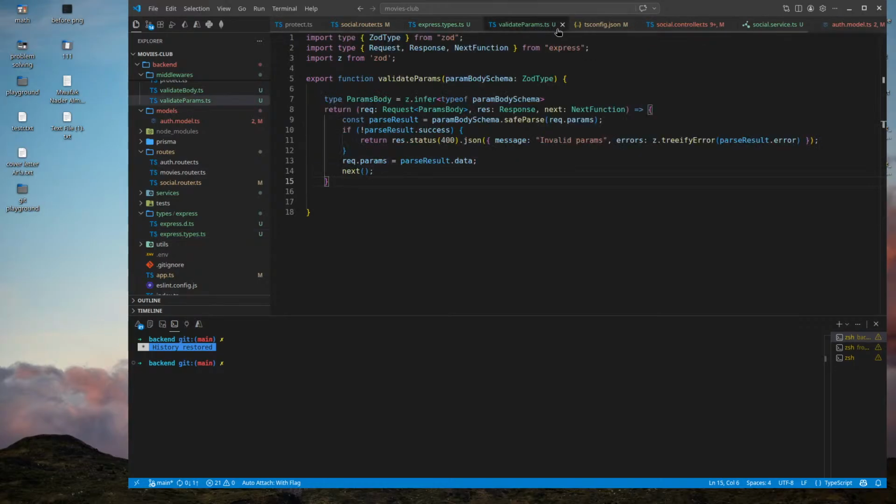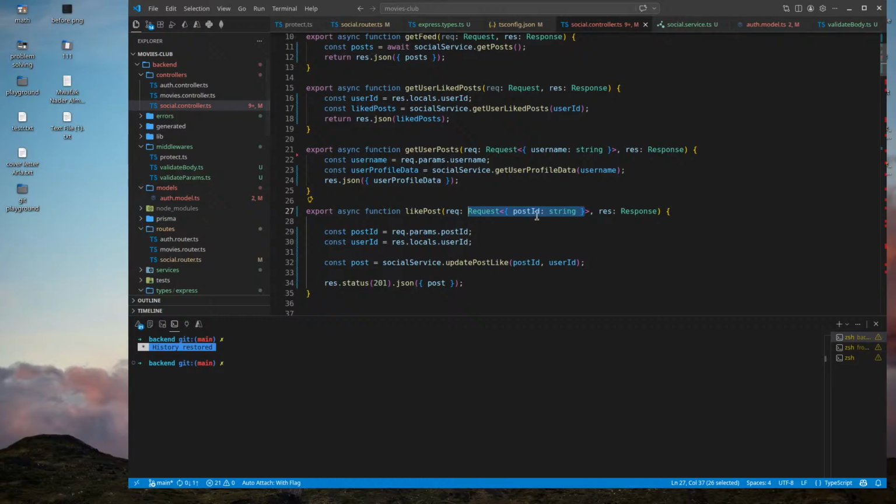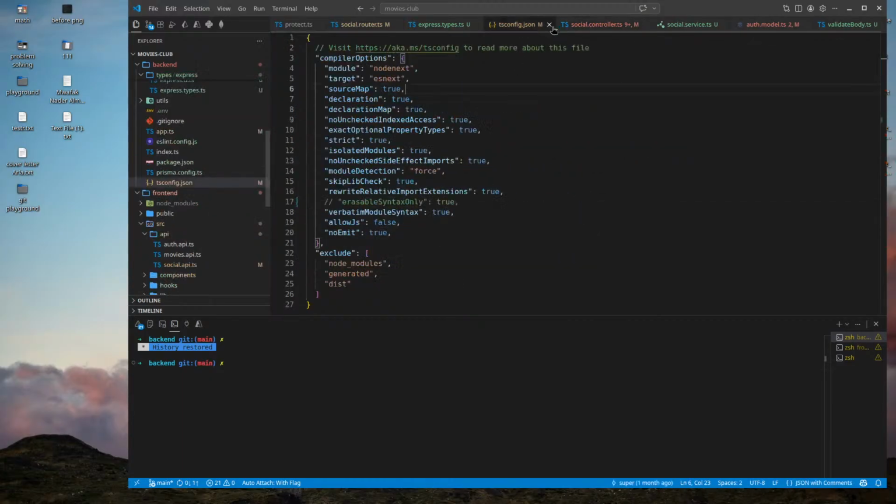Now I can go to my controller again, and I will have this guy, request. I think if I keep it like this, it's better. I think this way is better instead of having to name the type. This is better, I guess. Just keep it like this. It's okay.